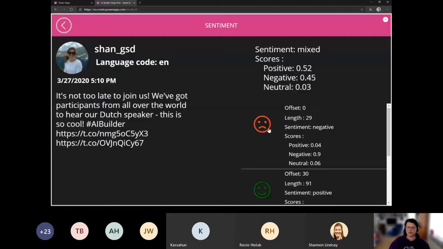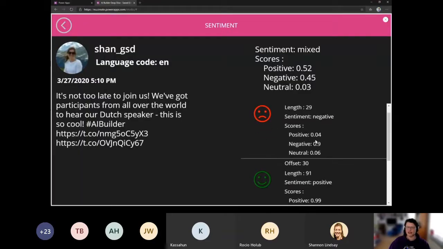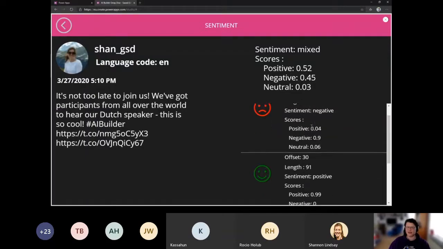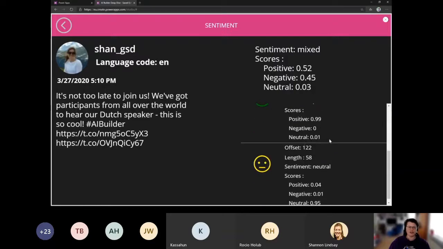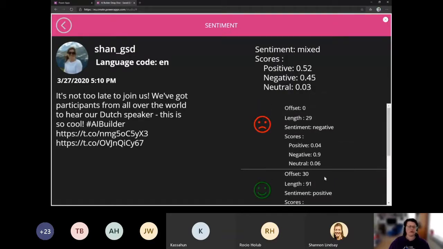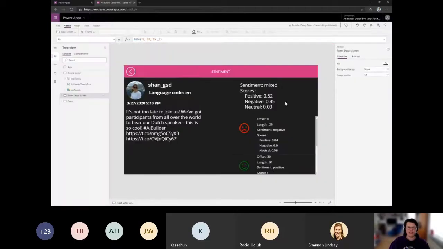I thought it was nice to showcase the sentiment with emoji. And there you see that it finds it as a mixture, although I would say it was rather positive. So depending on some words that you use, you get an idea of what kind of emotion is expressed in the message.